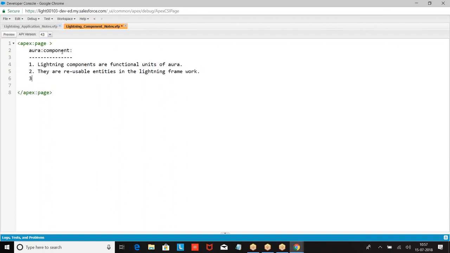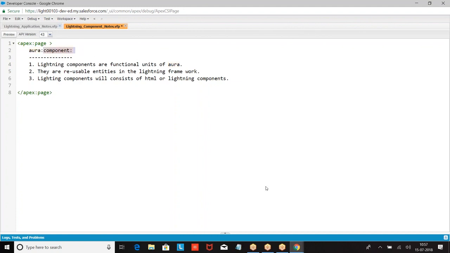So a Lightning component consists of what? Lightning components consist of HTML, or Lightning components. Basically, URA is a namespace in this case. It is a namespace where all these components are defined.